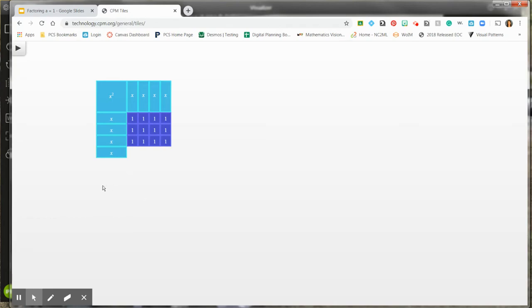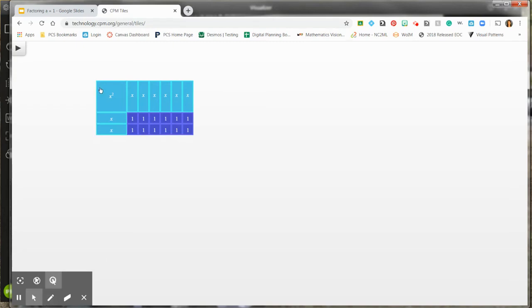Now you'll notice that if I'm talking about the area creating a perfect rectangle where the length and the width multiply to make what's inside, this whole x down here doesn't have any single digit units lined up with it. So that tells me that x and 4 and x and 4 doesn't work. So I need to start moving some of these around. Well, that's not going to work because I would have to take some tiles from here. But if I take this last one and I move tiles over here,